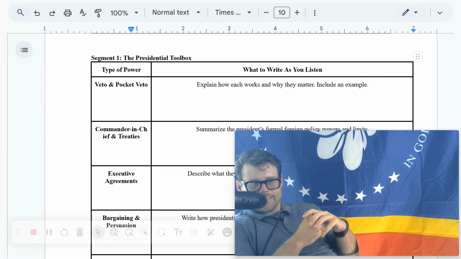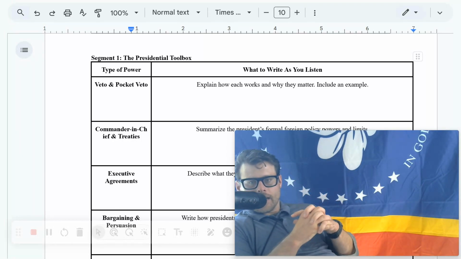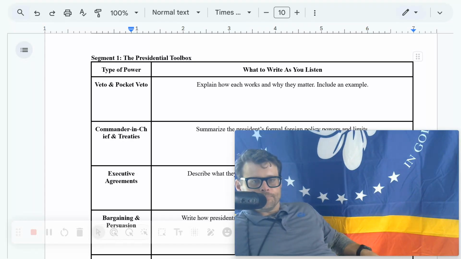So one man's decision could quite literally decide if the world blows up or not. Let that sink in. One man's decision could quite literally decide if the world blows up. That's power. And that's the presidency, guys. Big spotlight, big responsibility, big powers. But hold up. Whoa, whoa, whoa. It's not unlimited power.